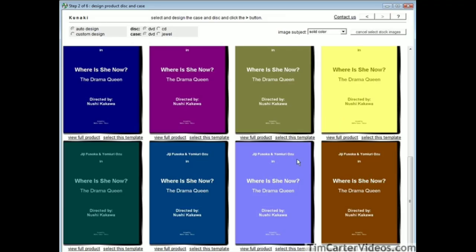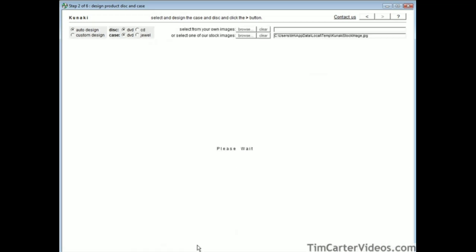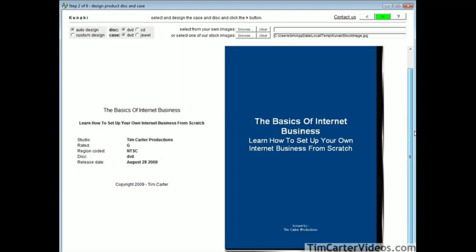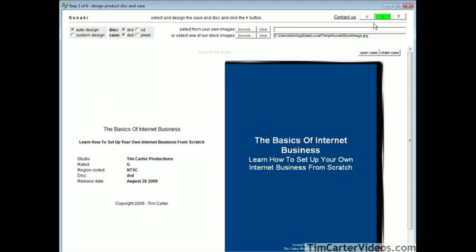Okay, so let's pick one here. Just select this template. Now it loads us in for us here. Now you can see that it picked up our information that we put in and put it on the DVD for us. Okay, at this point we click